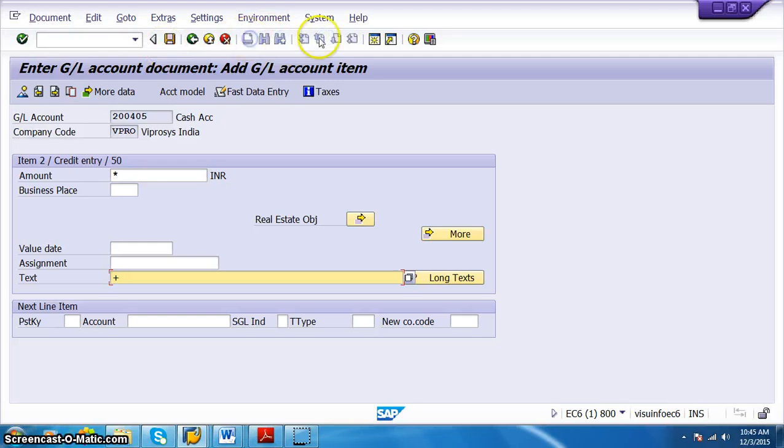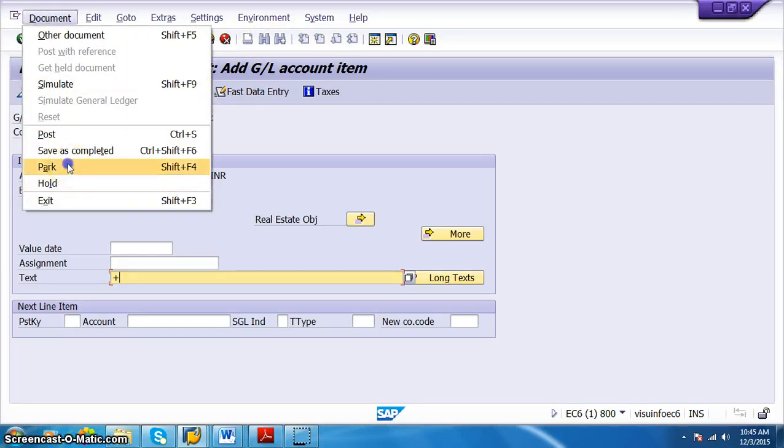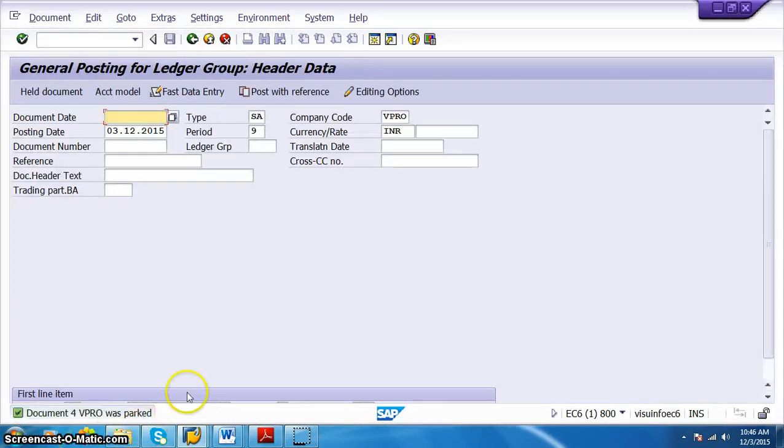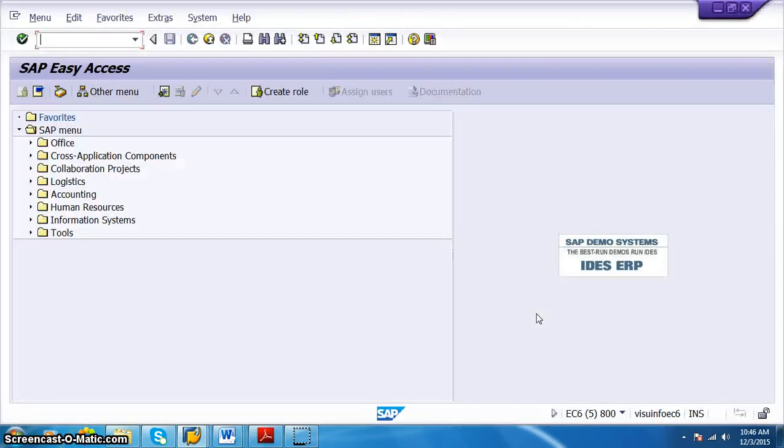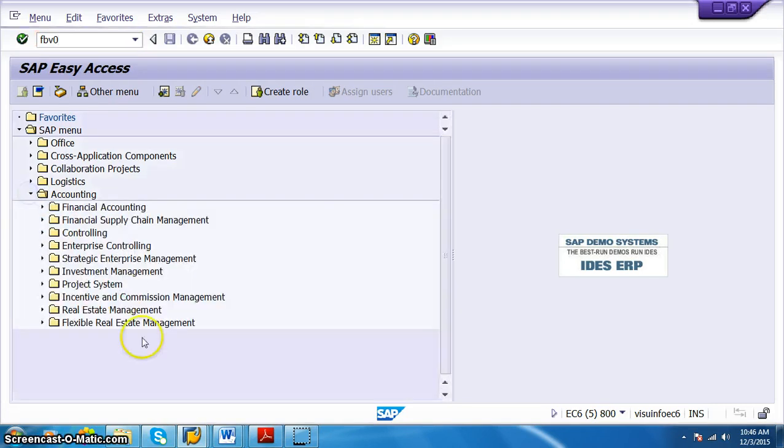Similarly the end users also will be given the access to only park it. So how do they park it? They go to the document and click on park. So what happens is this will become parked. This document has gone into the parking, and the parked document we can clear off, or the people who have authorization to go to FBV0 transaction can go ahead and post the document.